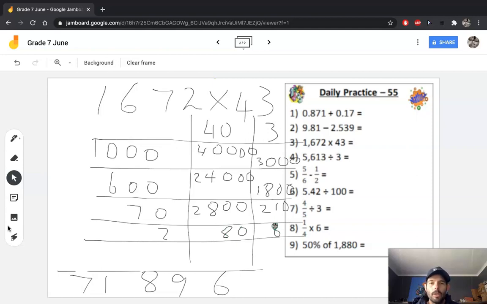Okay, so now we add up each column. So 40,000 and 24,000 is 64,000. Plus 2,800, 66,800. So that's going to be 66,880. And on the right-hand side column, 3,000, 4,800, 5,010, so 5,016. Okay, now if I add, and I'm going to have to just create some space here, which I'm sure you guys don't mind me doing,